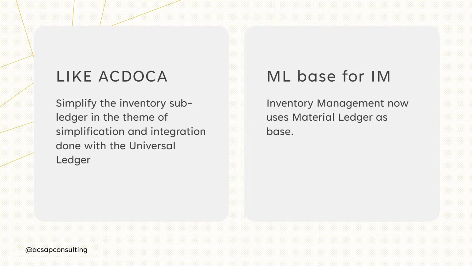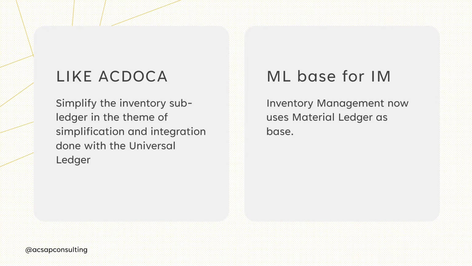The first thing is the revamp that S4HANA has brought to the FICO module. It is a universal journal table. We know that a lot of aggregate tables and a lot of other tables in the FI and CO modules are now combined together, and everything has been replaced with one single universal journal table, a single source of truth, which is the ACDOCA table. I'm not going into much detail on the revamp that S4 has brought in the FICO module. We know that already, and we have videos on the channel explaining these differences. But for the scope of this video,